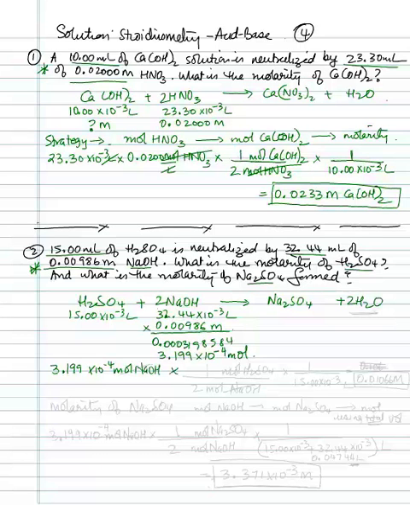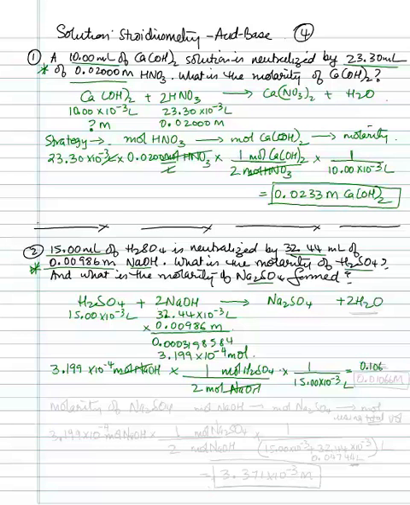And now we will go ahead and find the moles of sulfuric acid. So moles of sodium hydroxide to moles of sulfuric acid, and the mole ratio is 2 moles of sodium hydroxide for every 1 mole of sulfuric acid. Now that you have moles of sulfuric acid, again you just need to divide that by the volume of sulfuric acid, which is 15.00 times 10 to the negative 3 liters, and that gives us